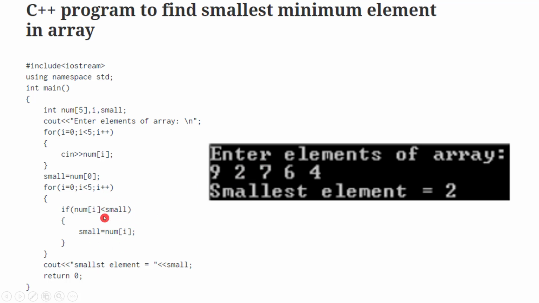2 will come in the next step. So 2 will be there in the storage. And then when 7 comes, less than 2, not correct. 6 comes, less than 2, not correct. So this 2 will keep on continuing till this loop is exiting, and the value will come out as the smallest element, as small. This is a spelling mistake. So this should be E. Whatever is inside these double inverted commas will come here. So the value is 2.